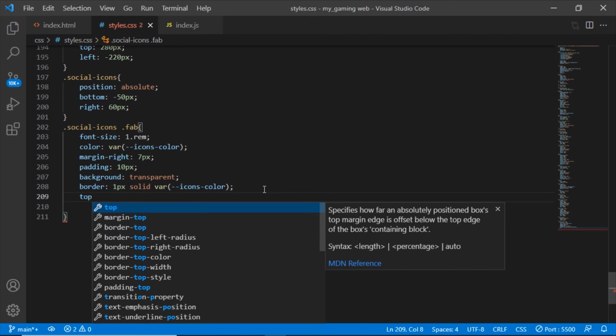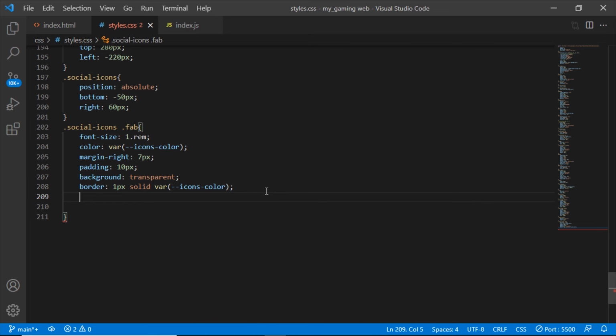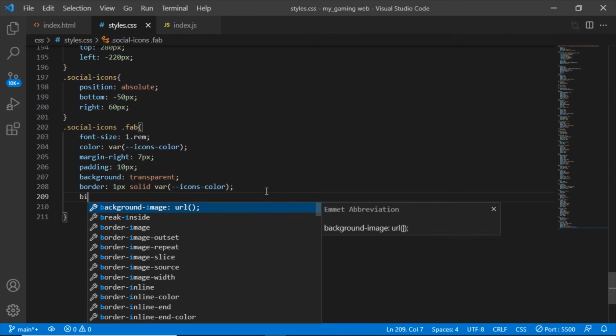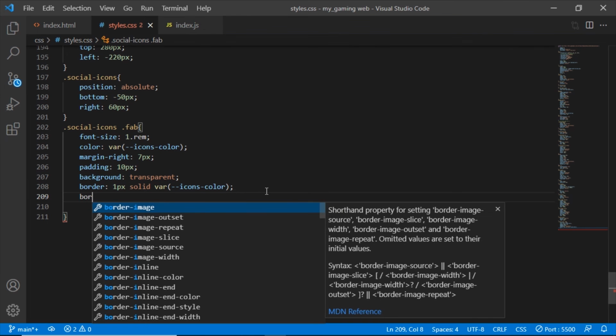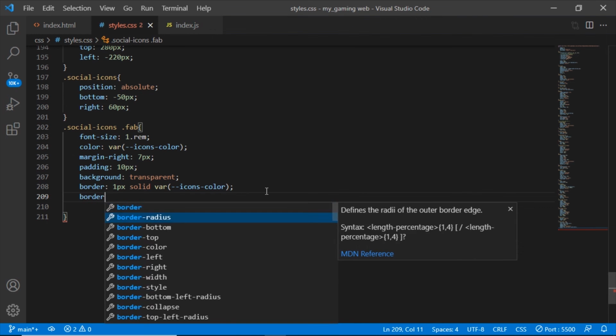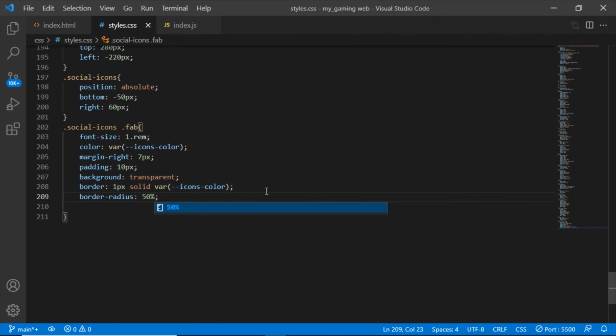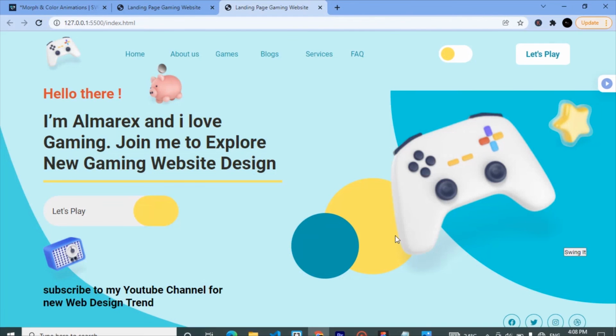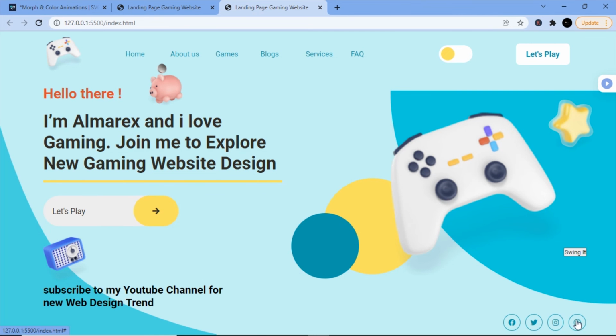Next is our border radius. We want to set our border radius to 50%. So now let's check it out. And here is our awesome color. When you hover it, nothing's going to happen right now. But let's start it by saying